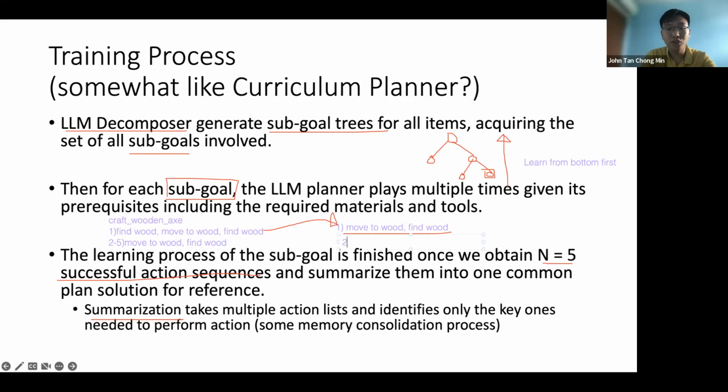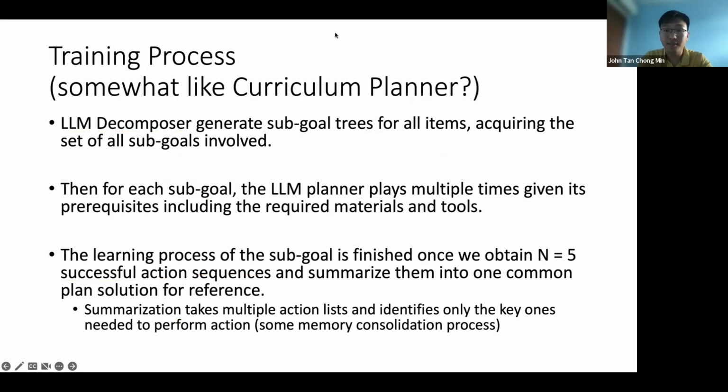And if your environment changes, you can move to wood, hunt, pick, find wood. Eventually, if your environment changes a bit, you can consolidate the new changes in the environment, and this can be updated and summarized into a new action list. This is quite cool, because for each subgoal you store the list of actions that you need to solve it. This actually helps to speed up the learning process, because if we look at the next slide,